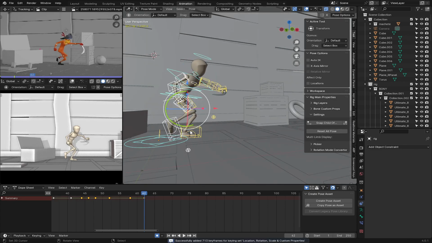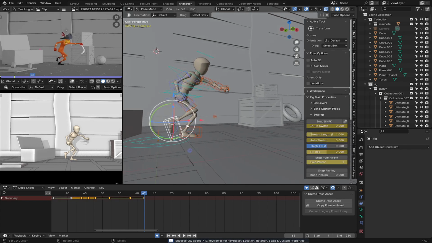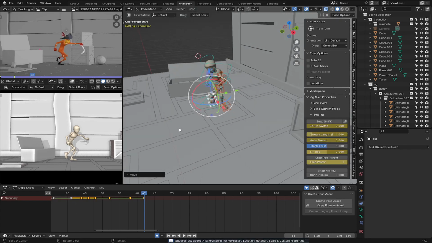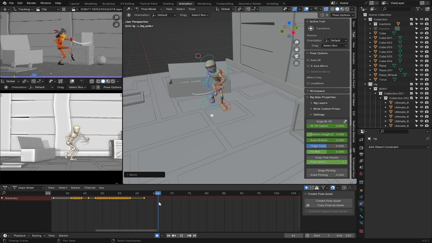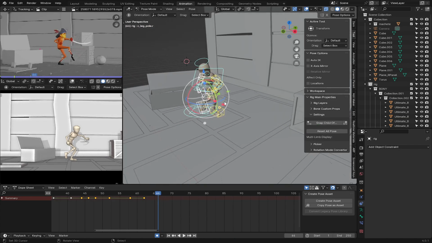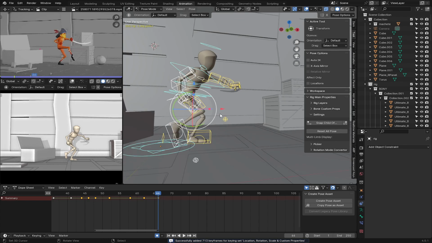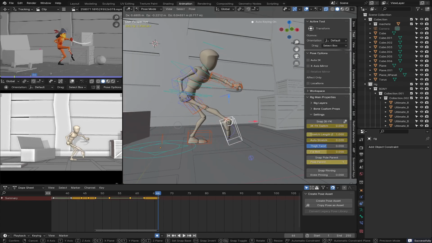So select and then I insert key. So our next pose will be here on frame 66. So I to insert key, and now move this one